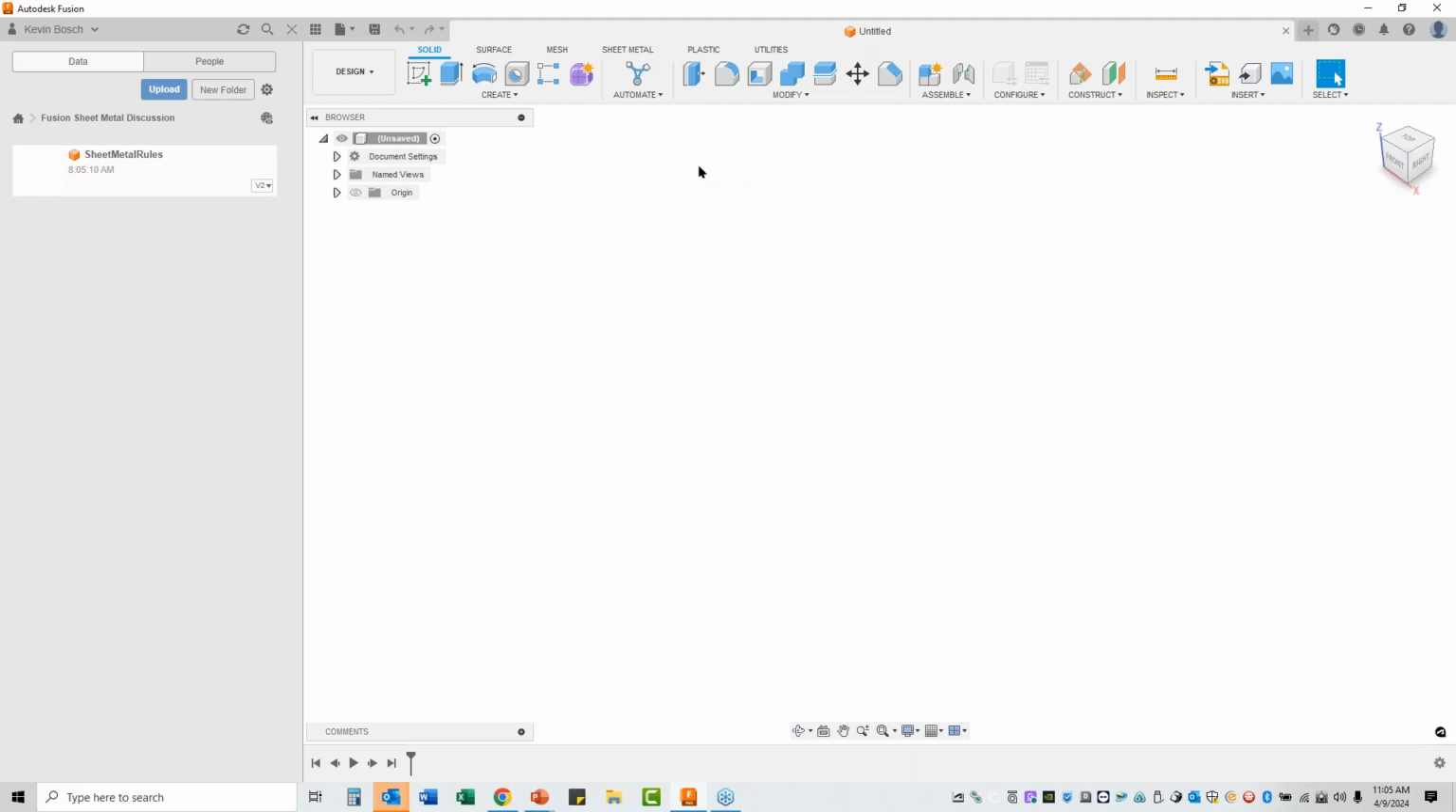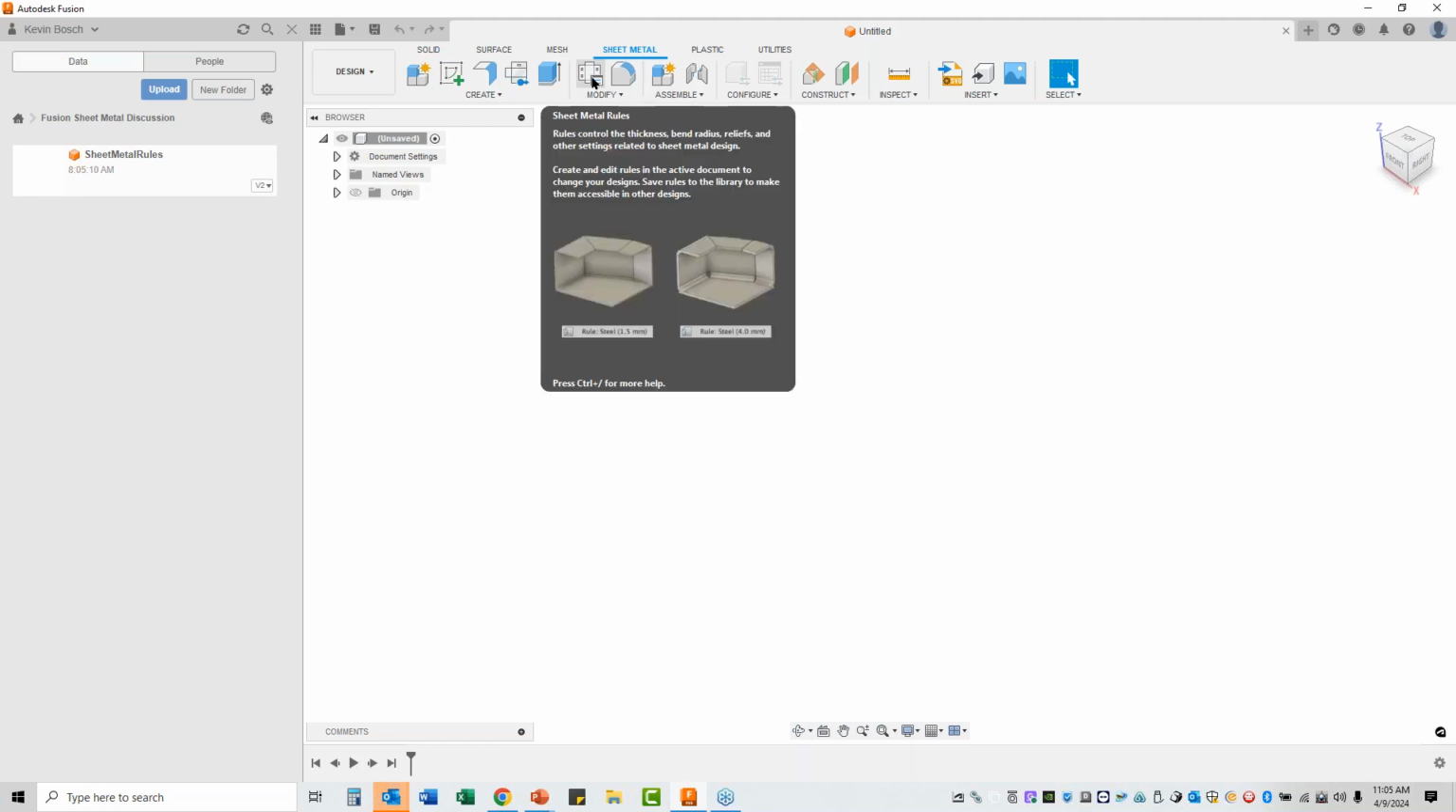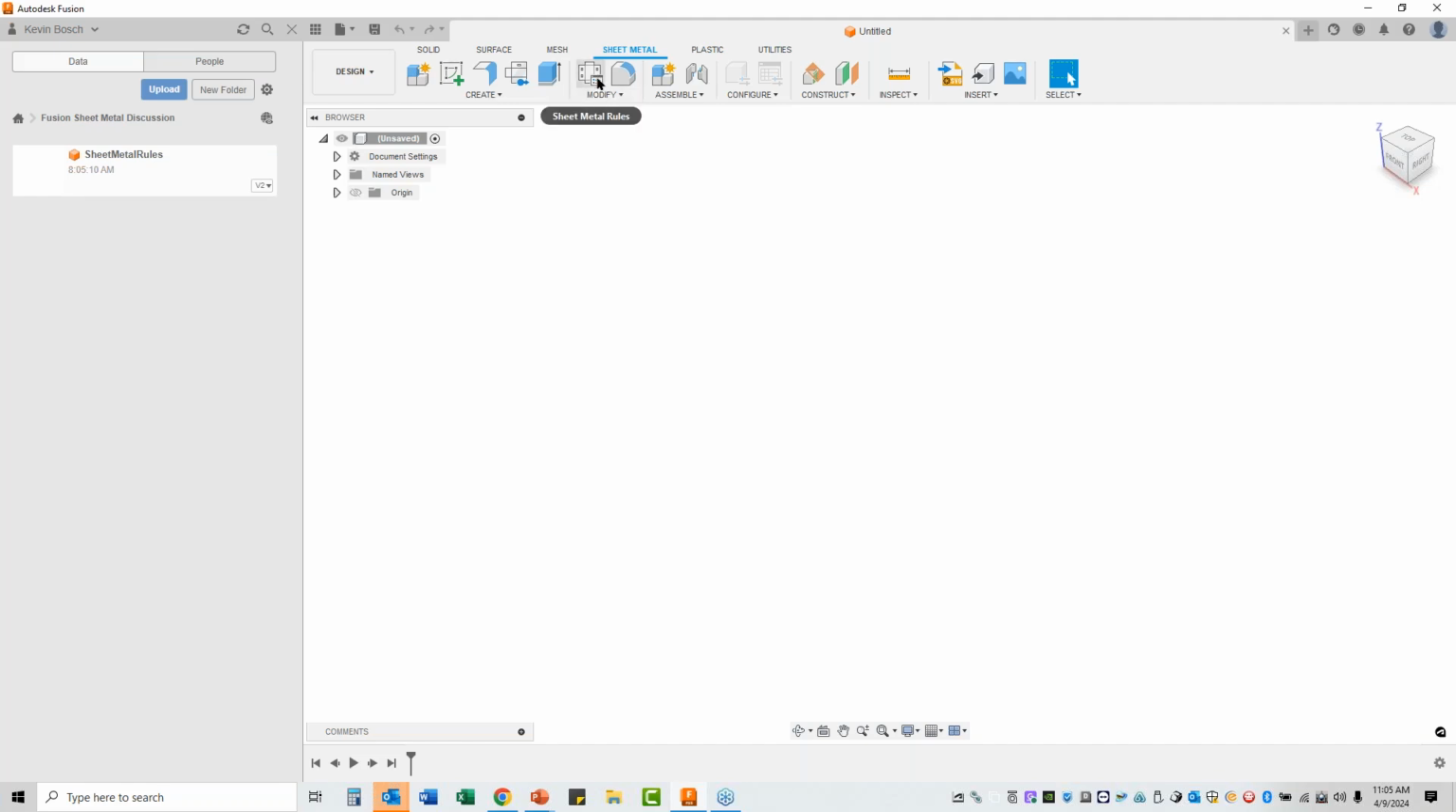But for starters, I want to go ahead and run to our sheet metal tab. So I'm just in the design workspace, and we've got a separate sheet metal tab. The first thing that we want to look at is our sheet metal rules. So if I go to the modify panel in sheet metal rules, and I begin to pull that out, I can see this sheet metal library,